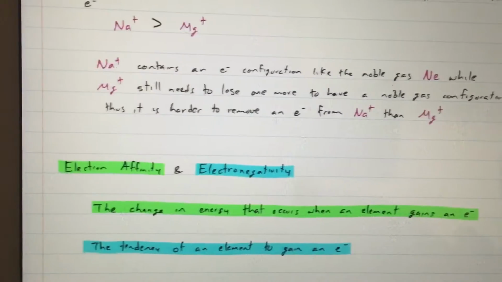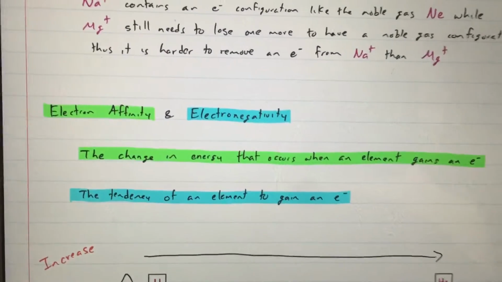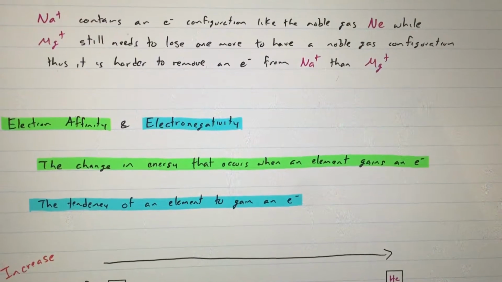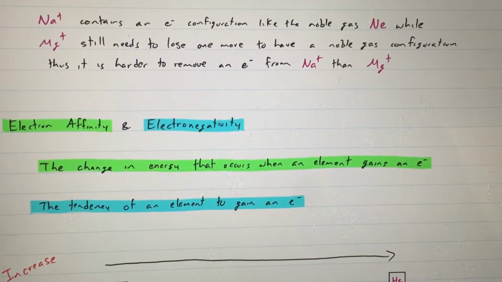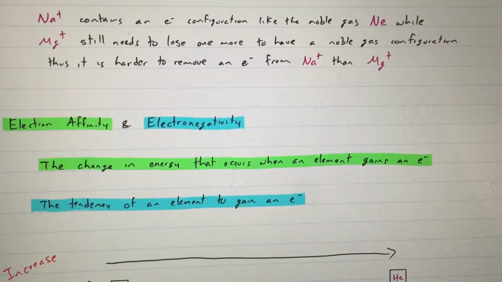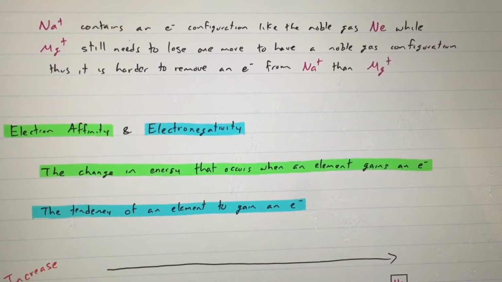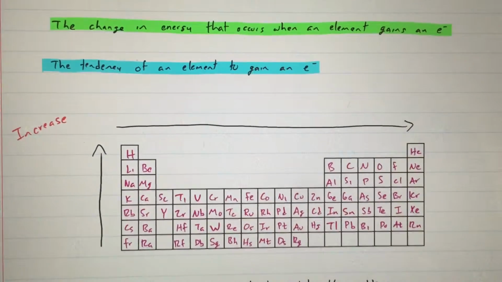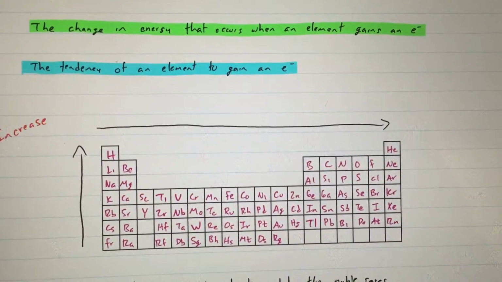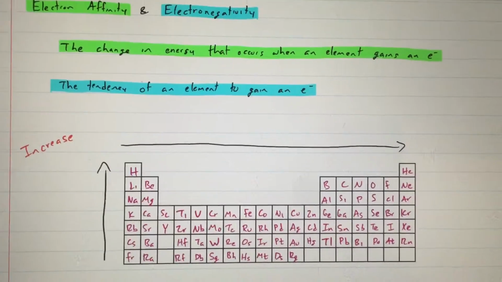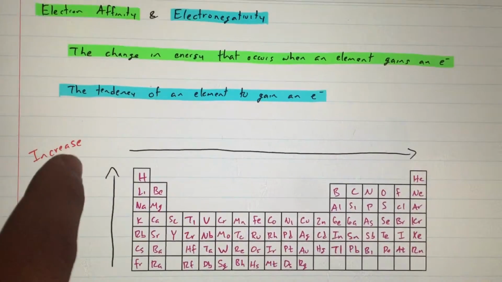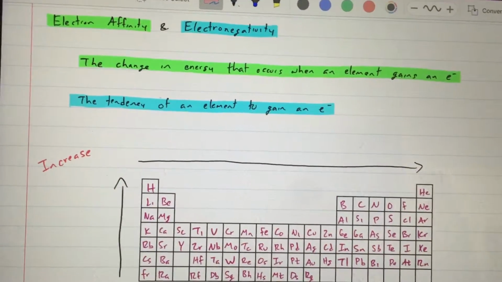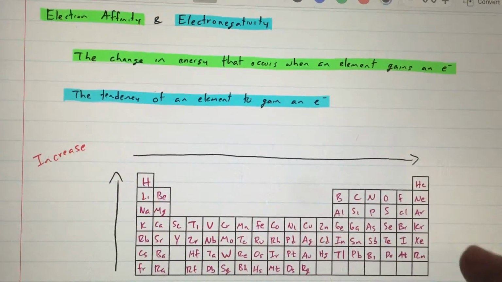The other ones I want to talk about are electron affinity and electronegativity. So electron affinity is the change in energy that occurs when an element gains an electron. And electronegativity is the tendency of an element to gain an electron. So for both of those, this periodic table shows how the trend goes. There's an increase in both of them as you go up, and an increase as you go to the right. Now for electronegativity, we do not include the noble